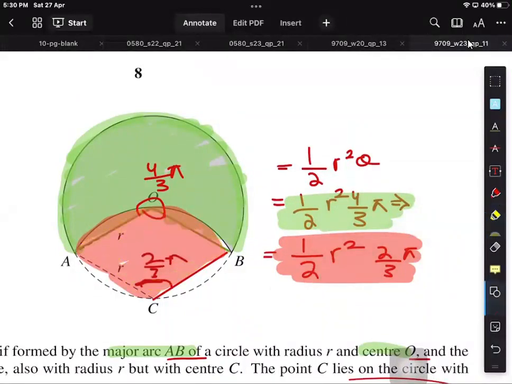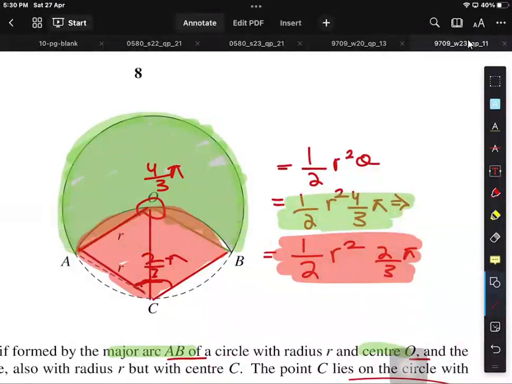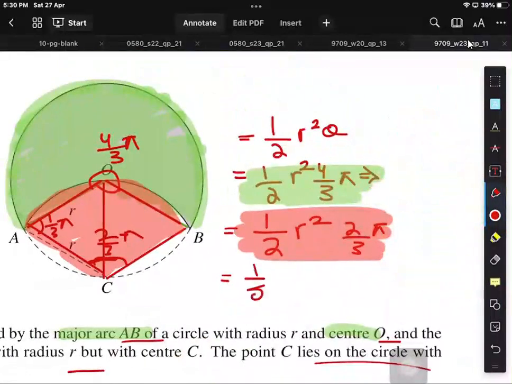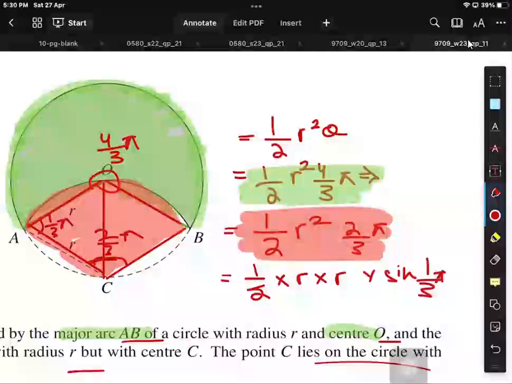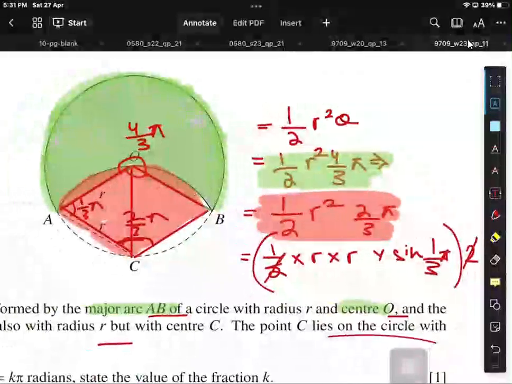So how would I draw these two triangles? As you can see, we have this first triangle, which is an equilateral triangle. So we know that this is 60, right? Each of the angles is 1 over 3 pi. So I can do half AB sine C, half times A is R, B is R, and then sine 1 over 3 pi. And as I know there are two triangles, I can multiply this by 2. So 2 cancels out, and then I would be left with,